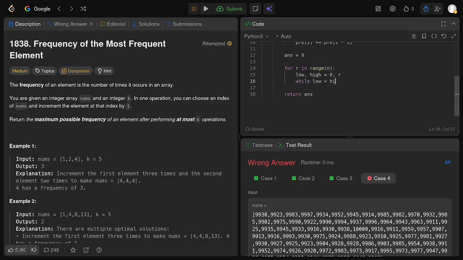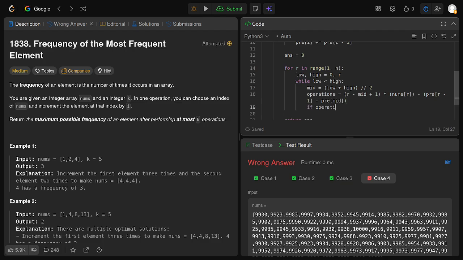While low is under high, mid is low plus high divided by 2, and then operations is equal to R minus mid plus 1 times nums[R] minus prefix of R. We start from 1 because we don't even consider the first element because nothing has to be increased to that. So prefix[R minus 1] minus prefix of mid,